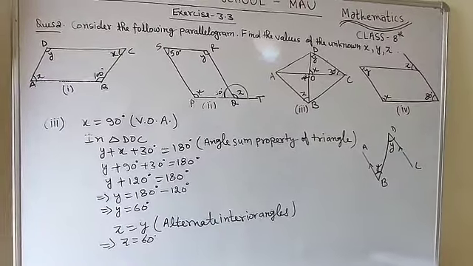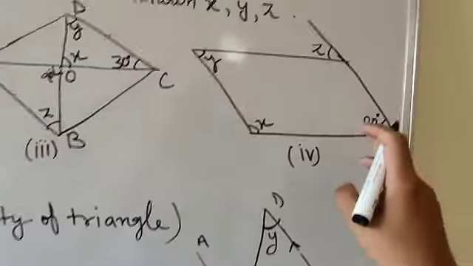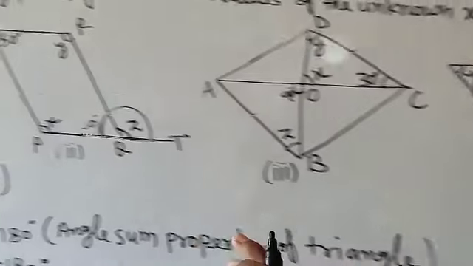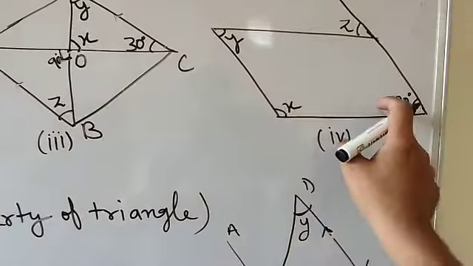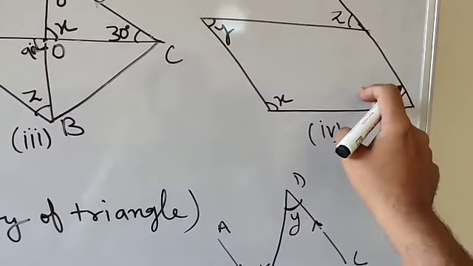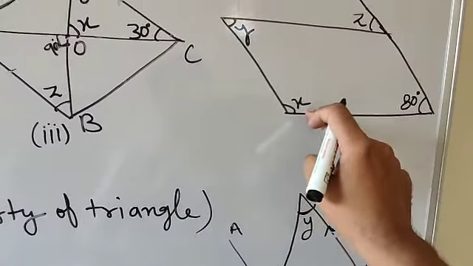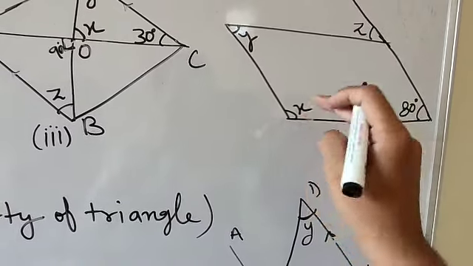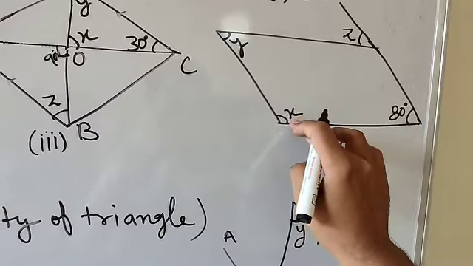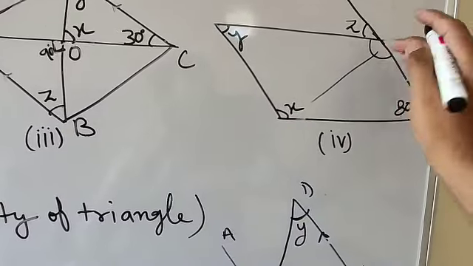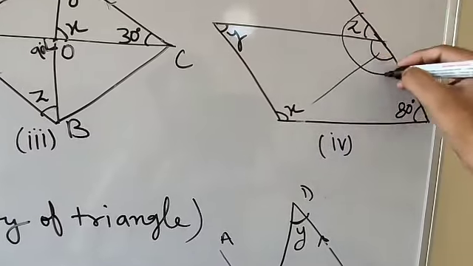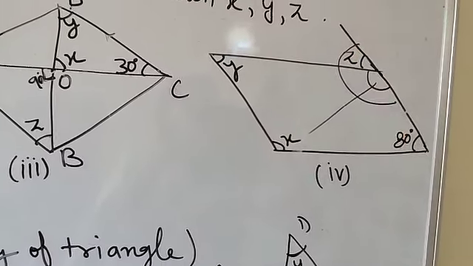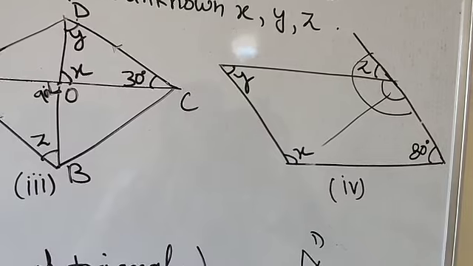Now students, I am going to explain the fourth part that you need to solve by yourself. Here it is a parallelogram and you need to find x, y, z. It is similar to the second question. If it is 80, then y will be also 80, opposite angles of the parallelogram. And here y plus x equal to 180 degrees, adjacent. So if it is 80, then 80 plus x equal to 180, then you will get x. And after that, whatever the value of x will be, the same angle will be here. That is the opposite angles of the parallelogram. And here it will be 180 degrees. So here this angle plus this angle equal to 180, then you will get the value of z. So you need to solve this part by yourself.